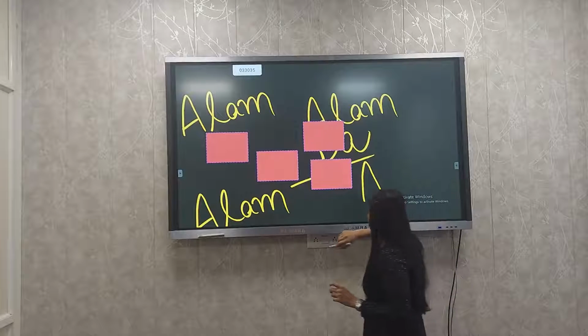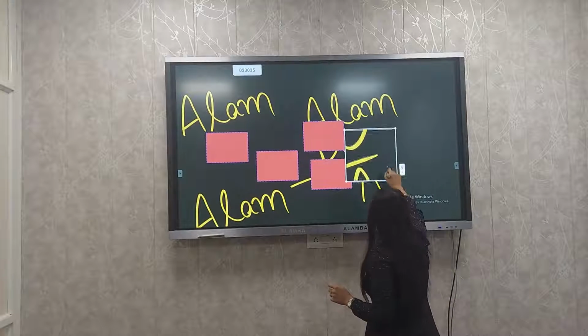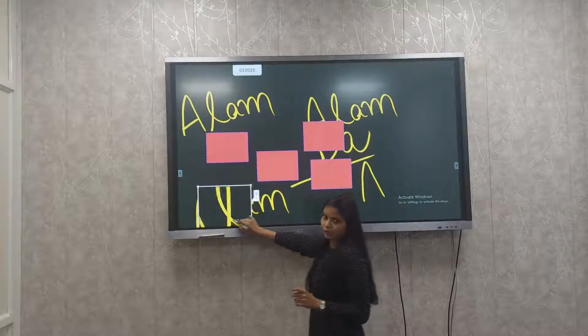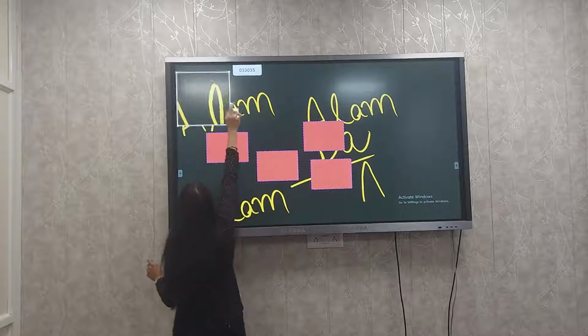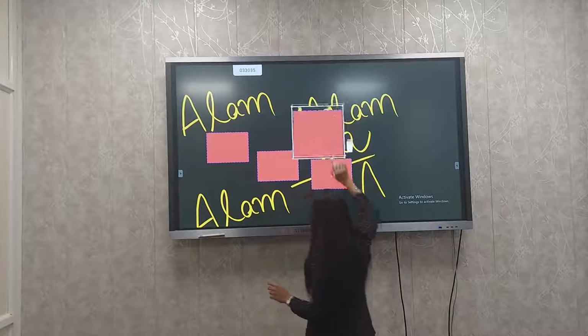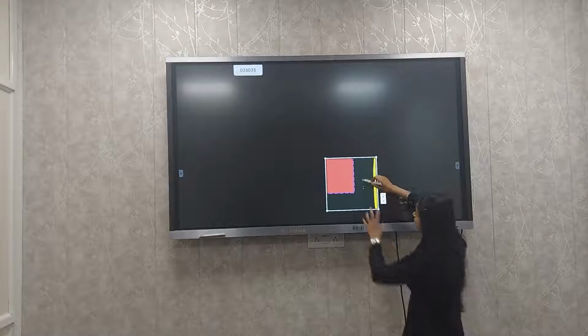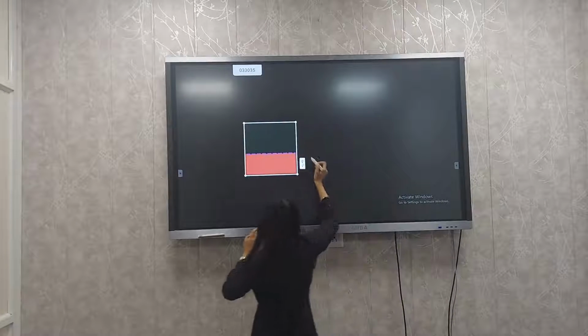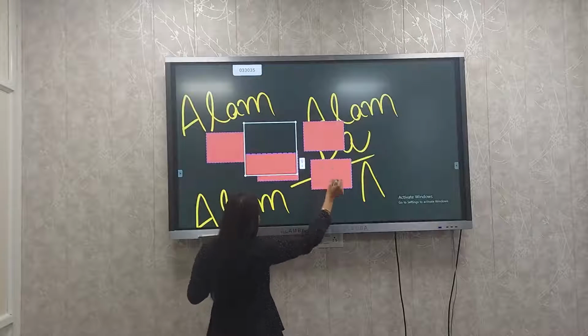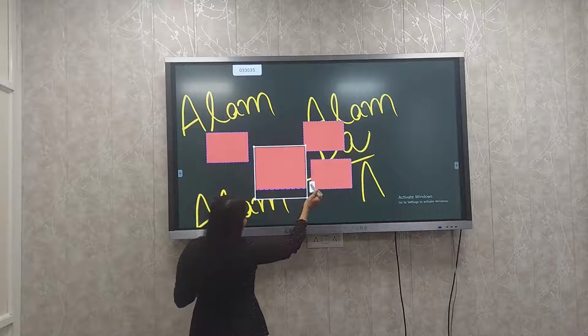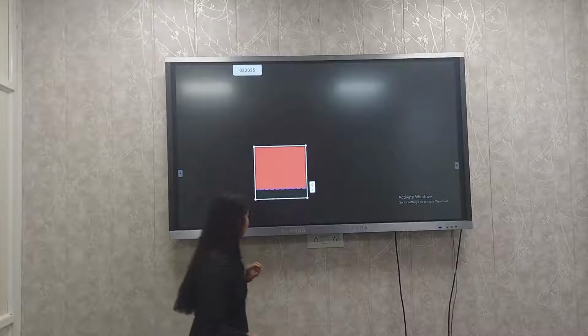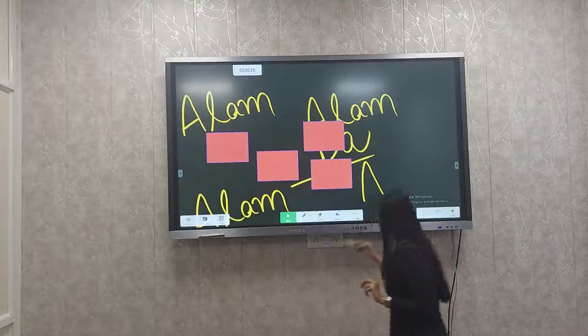Then zoom. If I want to zoom a particular item, see, so that it is visible to all. If I want to highlight just this area, then I can use this bulb type icon. And if I want to make it disappear, then just make it disappear. And then close it.